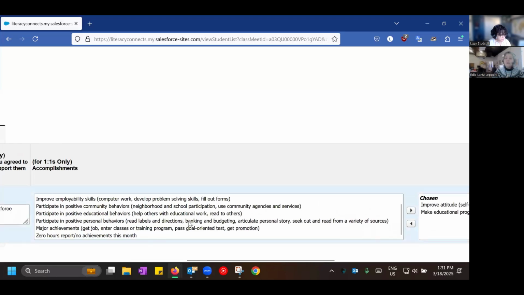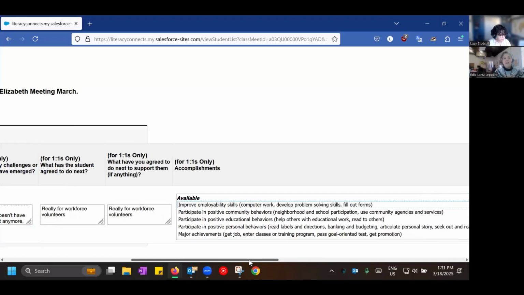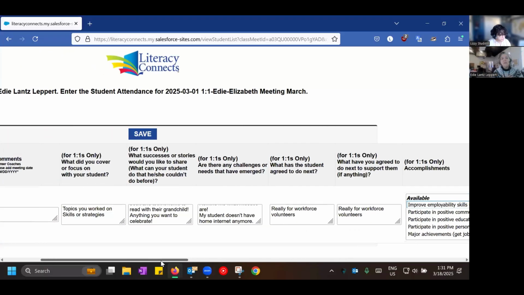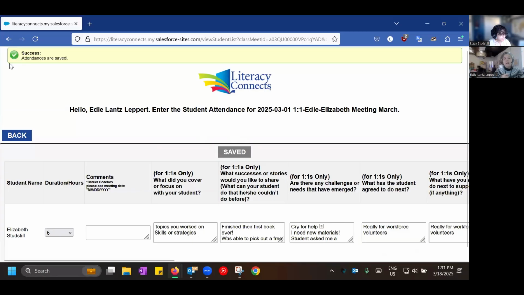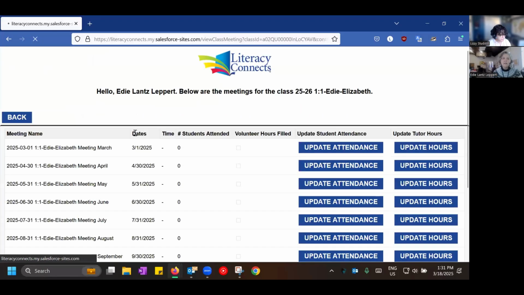So you can go back through, you can read over what you wrote there, select more things if you wish, and then always, always, always remember to hit save. And you should get a little affirmation both at the top and in the gray box. Now it says saved. And then use the back button, the blue one right here, instead of your browser back button. This also does help the system, it triggers it to save. So I think that's it. That's everything. And you can even see that now this is updated to say one student attended. Which would be great for a one-on-one match. Yeah, that's perfect. Full attendance.